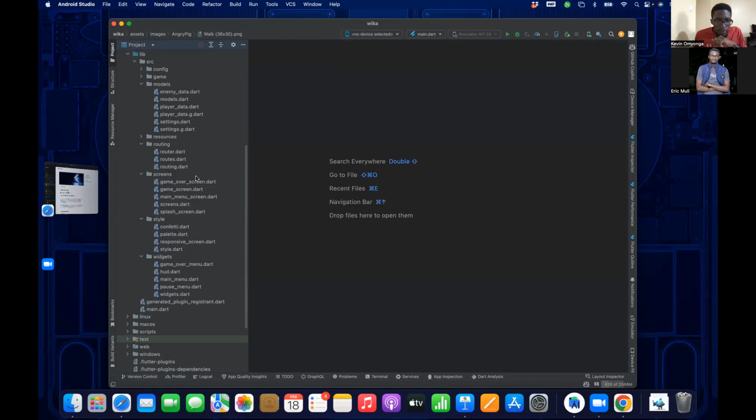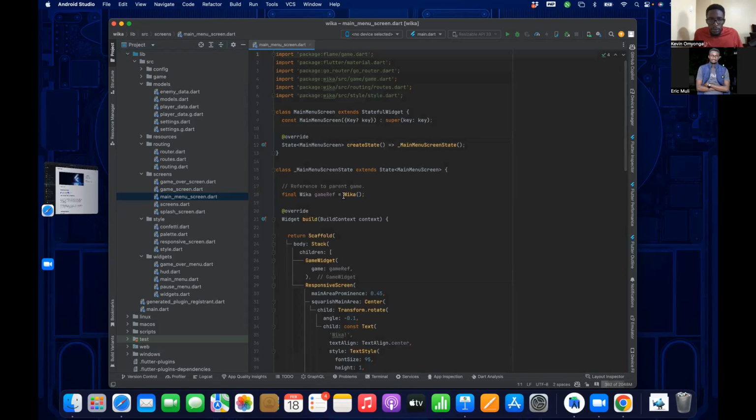Yeah, so I think we can now move on to the main menu. So once you begin the game, you need to create an instance. And then the game widget is now the background.